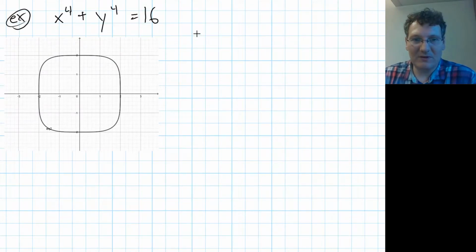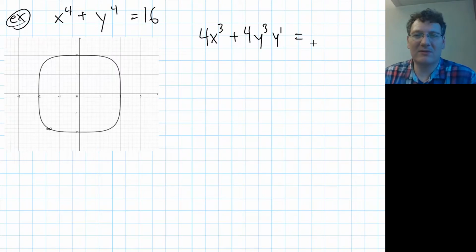So I'm going to take the derivative d over dx of the left and the right. So I'm going to get 4x to the third plus 4y to the third times y prime equals 0. Derivative of that is 0. So in fact, I'm going to now,